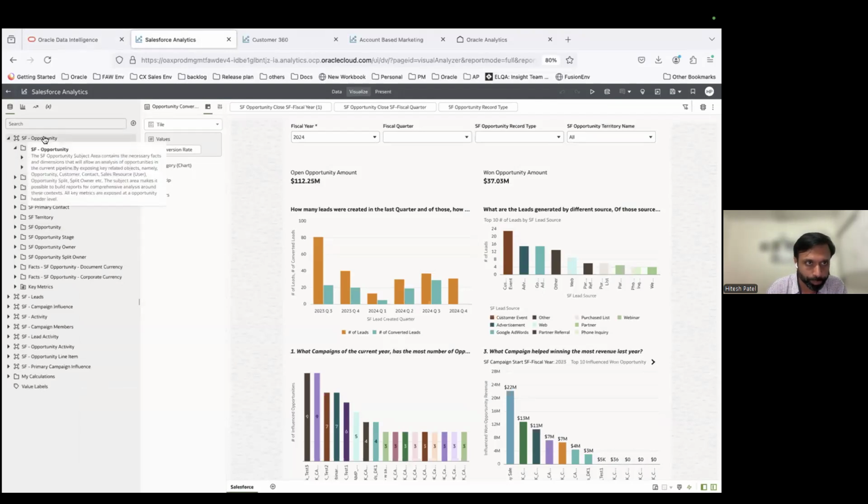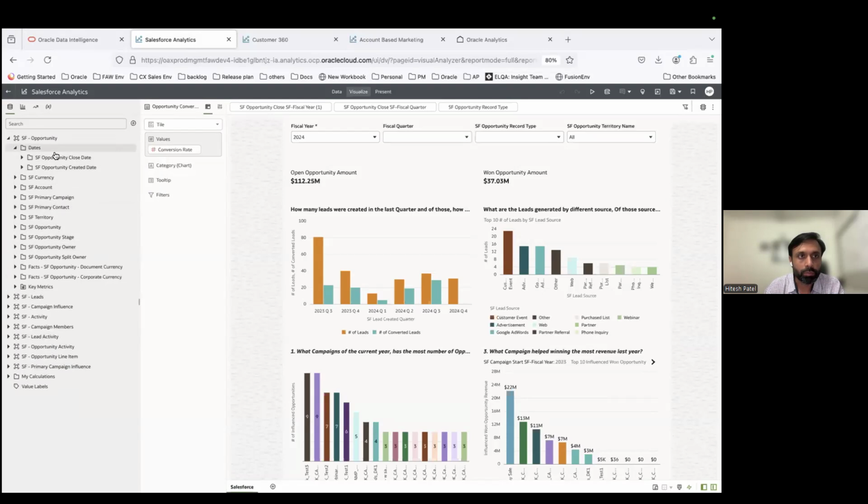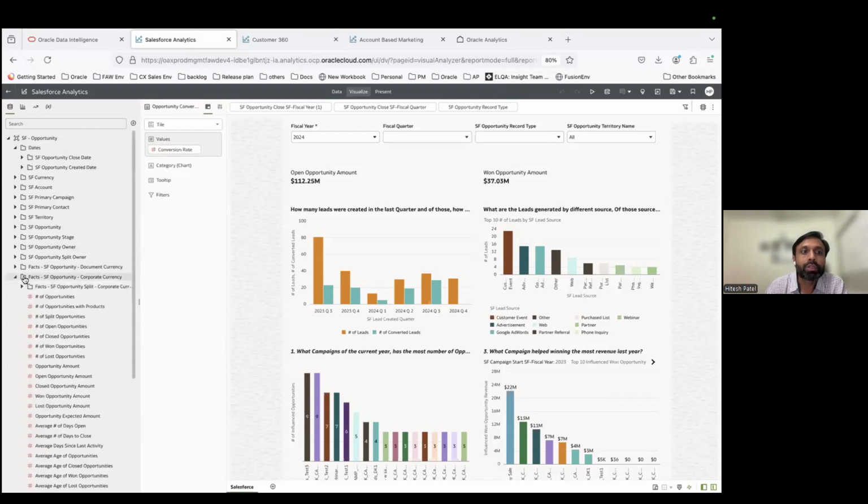So, for example, now on the left-hand side, whatever you are seeing is all the Salesforce data, Salesforce subject areas that we have designed. And again, this is all out of the box, managed pipeline, managed subject areas and content. So the Salesforce opportunity, what all objects it's associated with, it's all shown up here. And if I'm using one or more features, say territory, the territory dimension will light up here. If I'm not using it, it will not.